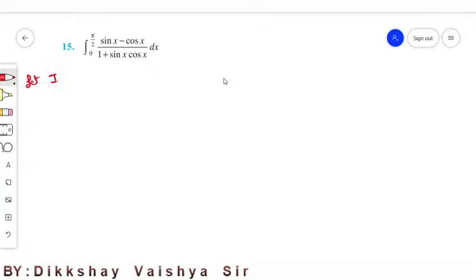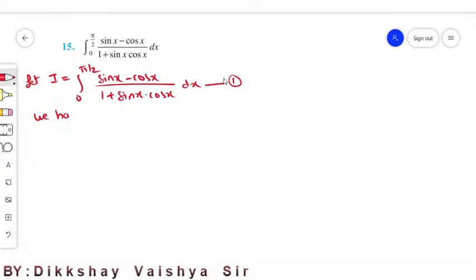Let I is equals to integral 0 to pi by 2 of (sin x minus cos x) upon (1 plus sin x cos x). Calling this as equation number 1. Now we have the property: integral 0 to a of f of x dx is equals to integral 0 to a of f of a minus x dx. So applying this,